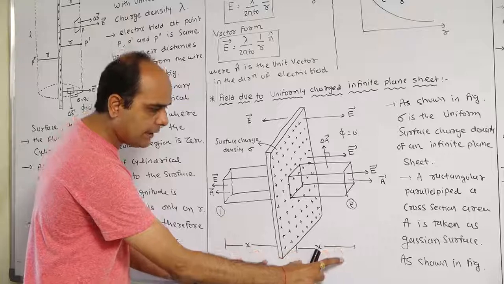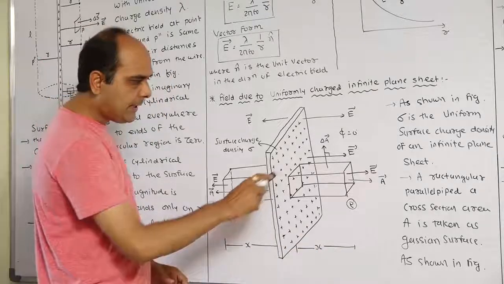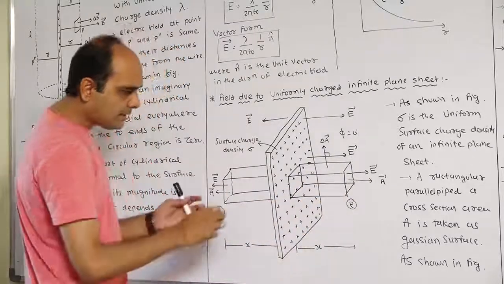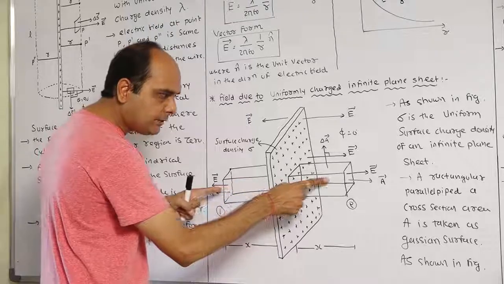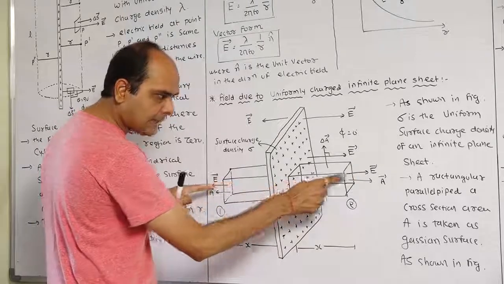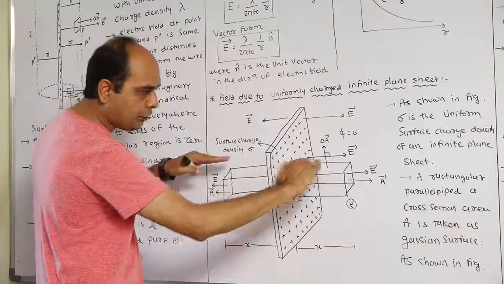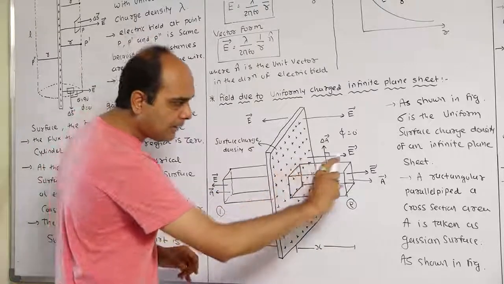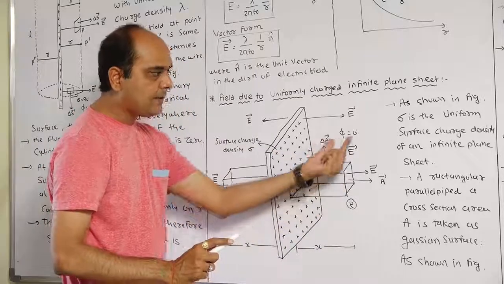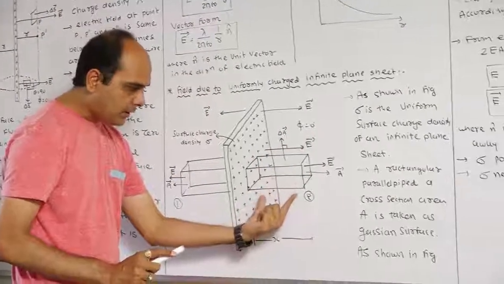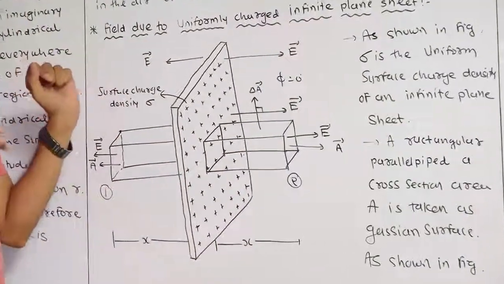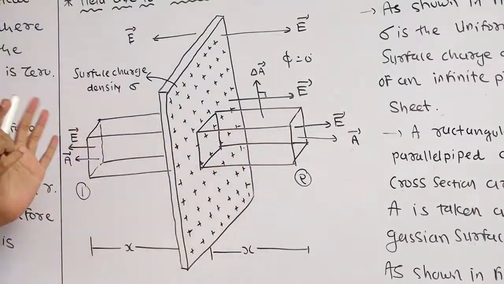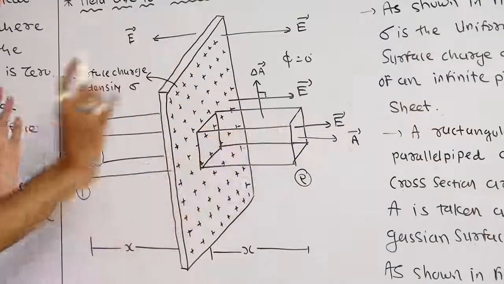These lines are parallel to the x-axis. In this parallelepiped, in total there are two sides. These are called the sides of the parallelepiped. So now you can see that electric field lines are linked with the side of the surface. Field lines are passing through the side of the surface. But on the upper surface of this parallelepiped, the field lines are parallel. If the field lines are parallel, then the flux linked with this surface is zero. Only the flux is linked with the side of this parallelepiped.